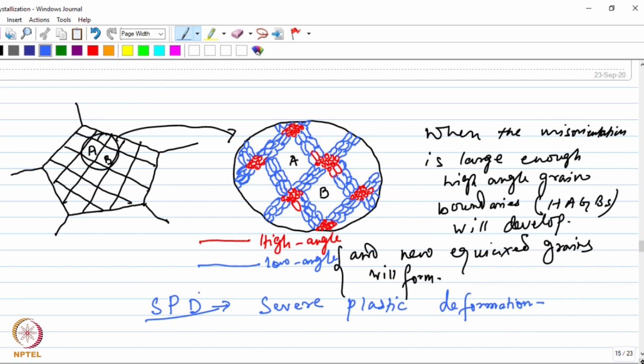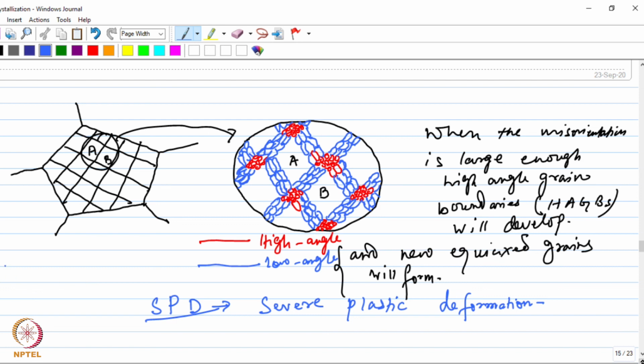On the other hand, the CDRX occurs through the progressive increase in the misorientation of the subgrain boundaries formed by dislocation rearrangement, and this increase in the misorientation can only occur when more and more dislocations accumulate along these subgrains, and therefore you need a cross slip of dislocations to occur, and therefore CDRX will be more prevalent in high stacking fault energy material. Okay,